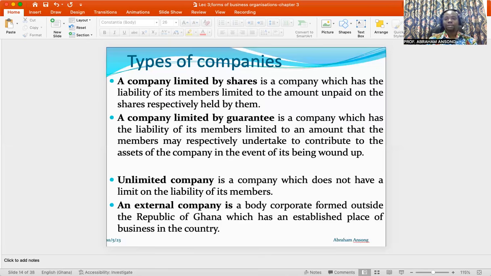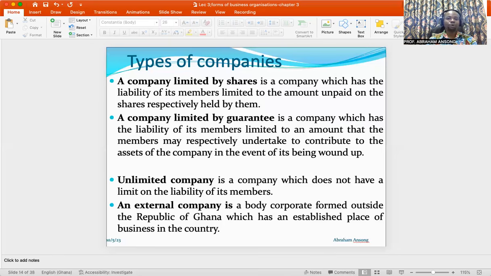Okay. There could also be instances where you have some shares with you, but you've not yet paid for the shares that you currently own as the shareholder of that particular company. In that case, you'll be required to pay for the amount on the shares that you hold and have not yet paid for. Okay, so your obligations generally will be limited to the amount of shares that you own in that particular company.